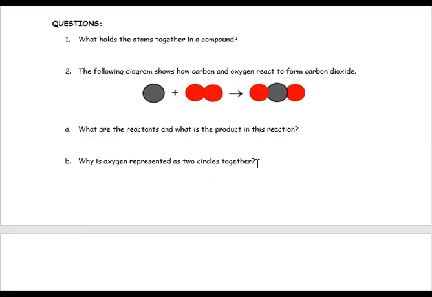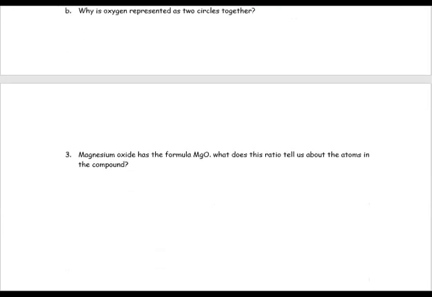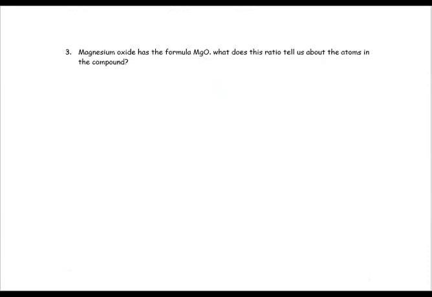Why is oxygen represented as 2 circles together? Well, we know that because oxygen is diatomic, therefore it will be 2 atoms bonded together. Lastly, magnesium oxide has the formula of MgO. What does this ratio tell us about the atoms in the compound? Well, what I want to know is how many atoms of each element there is in this compound. So there's 1 magnesium and there's 1 oxygen. So write it down in a sentence for me. In your sentence, you must say, this compound formula tells me that there is 1 magnesium atom and 1 oxygen atom in the compound of